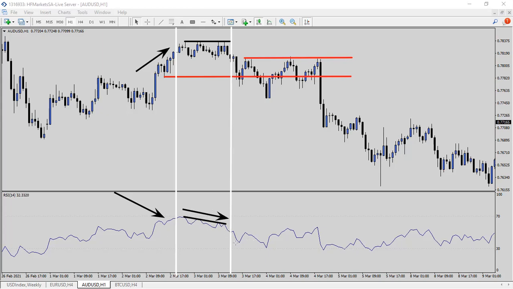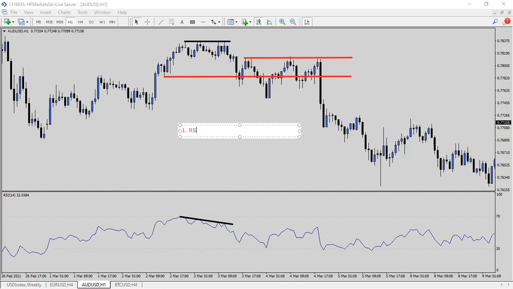Now, bear in mind, this is not an ironclad way of looking at the market, right? Because it's not going to work every single time. But in this instance here, it does work really, really well. And it's all about having your underlying circumstances that you would use to identify these things, right? So let's look in here. So number one,